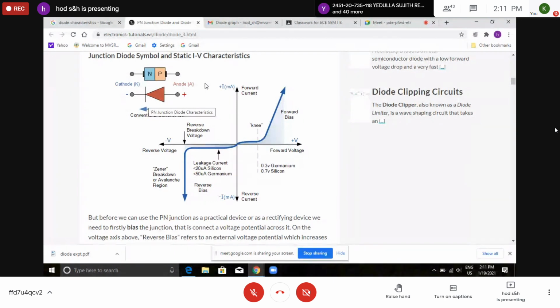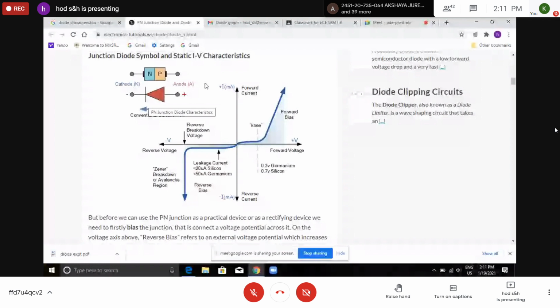When a certain forward bias voltage is given, holes are repelled by the positive plate and electrons are repelled by the negative plate. Both move across the junction, and more charge carriers are available in the depletion region. When a certain voltage is given, holes and electrons move in opposite senses, causing current. Even if you apply a small voltage, you will get more current in forward bias.